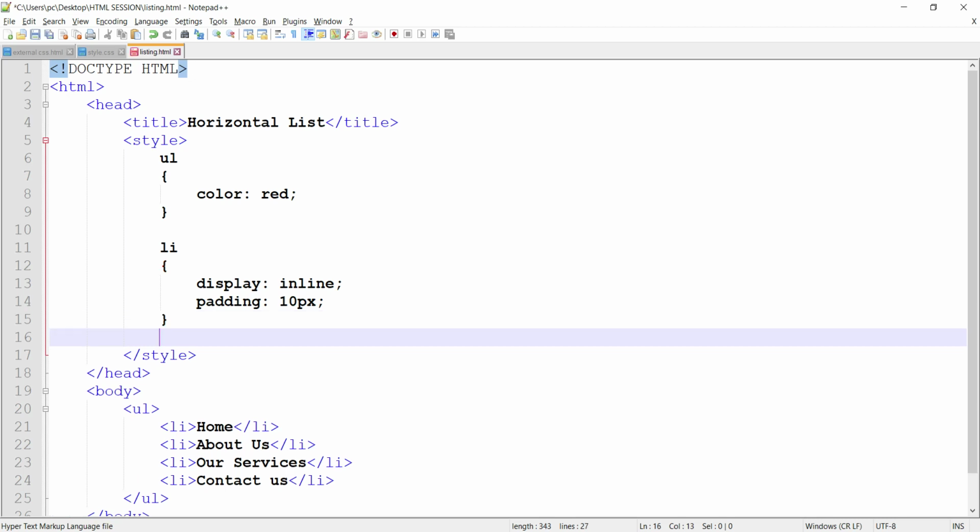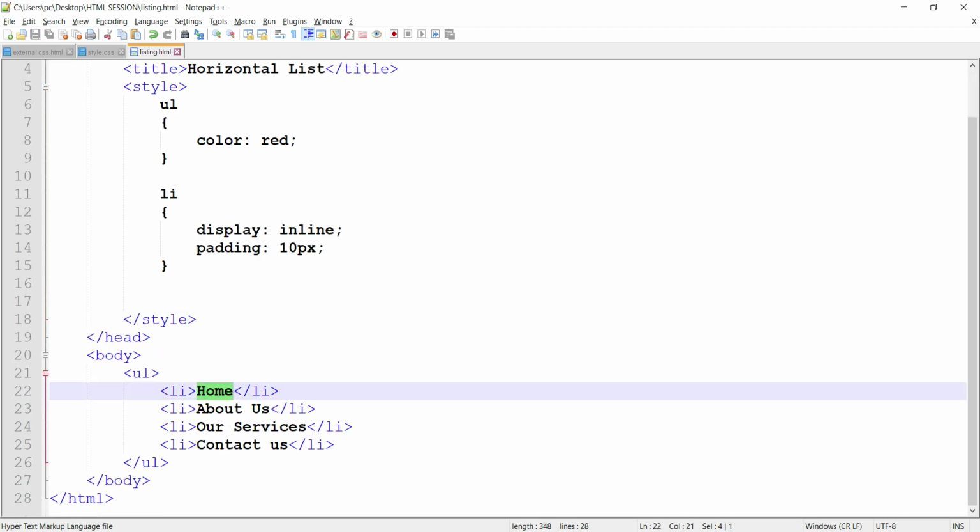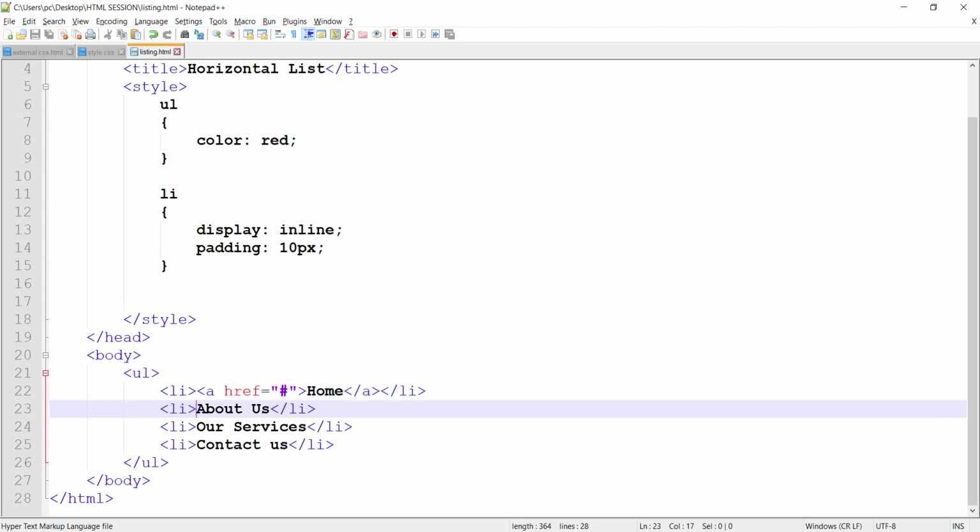First, let me put the text in a hyperlink, because we have to give some path if we click on that, to make it a real navigation bar, right?